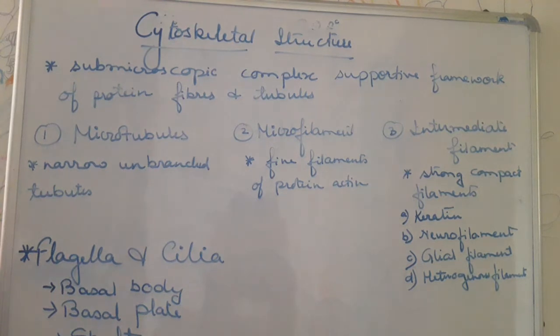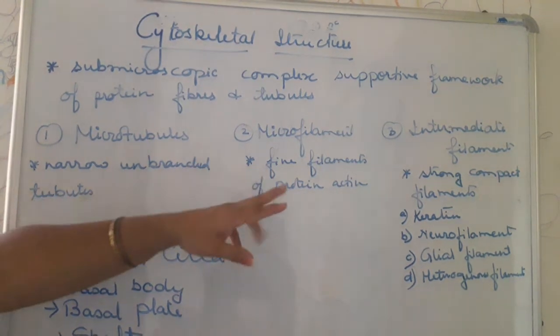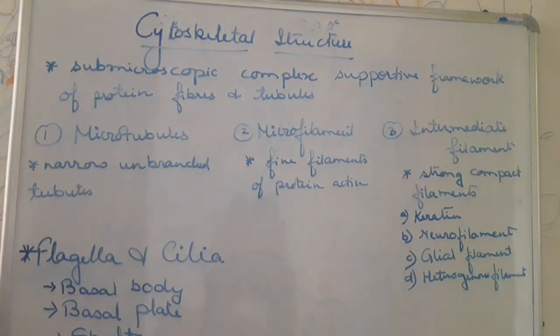Okay. Now next we come to the intermediate filaments. The intermediate filaments, these are the non-contractile, very strong, compact filaments of about 10 nanometer thickness. They consist of 8 tetrameric subfibrils, okay, and it is of about 4 types. The keratin filaments which form the tonofibrils of the desmosomes and keratin of skin. Neurofilaments which form a lattice with bundles of microtubules in the axon and dendrons of nerve cell. The glial filaments, they are the intermediate filaments found in the astrocytes.